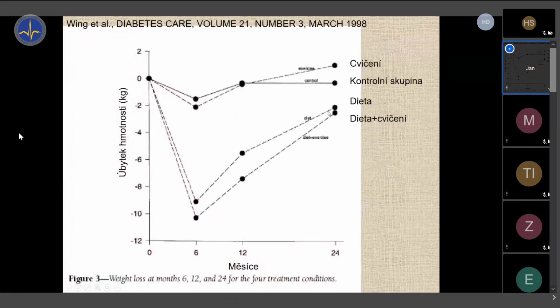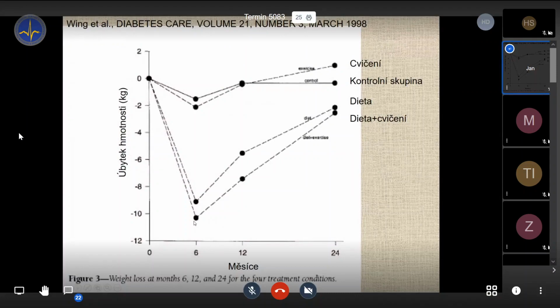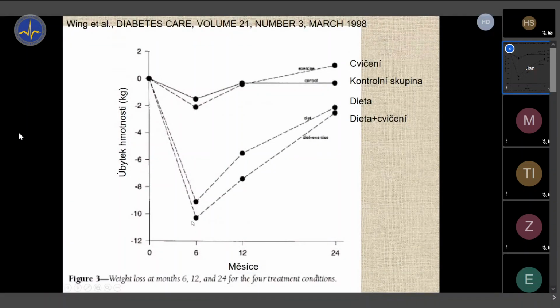So this is what happens in the long term. After 6 months, these people lost weight, either by exercise or diet, it doesn't matter. But after 2 years, most of them, two thirds to be specific, regained the weight. So it's not so much a problem today of losing weight. It's more a problem of how to prevent weight regain or have the weight loss be sustainable for a long time, not only for a few weeks or even a few years.